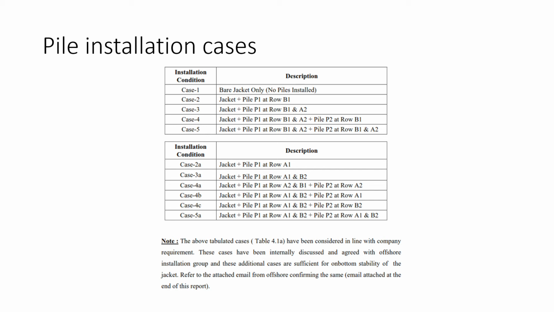Because they are the ones going to work on the offshore. For them, it doesn't matter whatever member we are putting in place, they will just go and install. So whatever installation sequence we are giving, they will assess whether it is achievable. If it is okay, then they will return a mail saying okay, we can do it. So you have to get a concurrence. This is the pile, this is the pile I'm going to install, whether you are okay or not, you have to get concurrence.